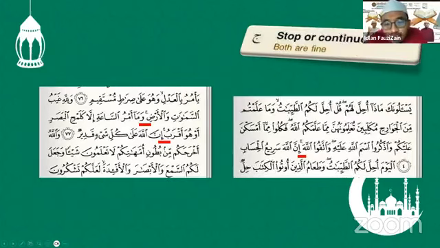Okay, for the third one, Jim or Jais. For this one I said both are fine. If we stop, fine. If we continue, also fine. The meaning is okay if we stop, and also okay if we continue. So for this one, we can choose whether we want to stop or continue. For example,